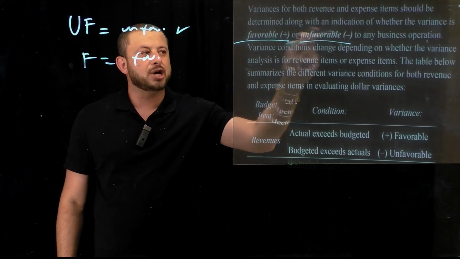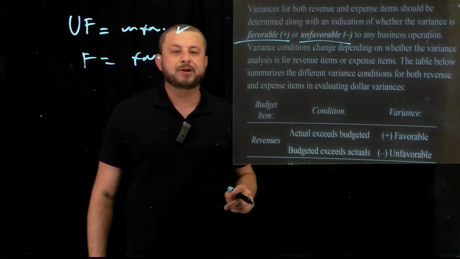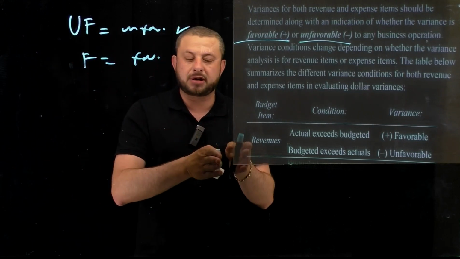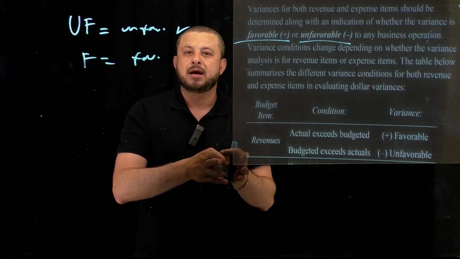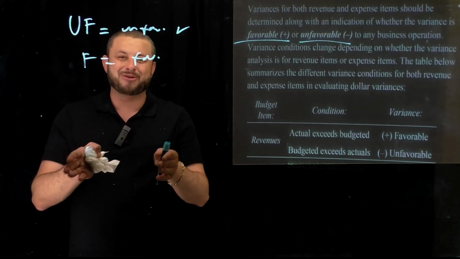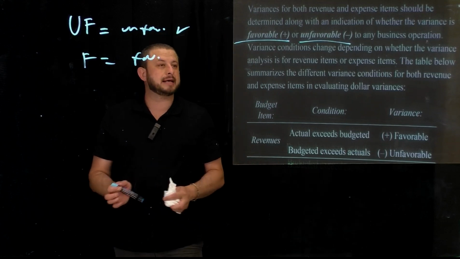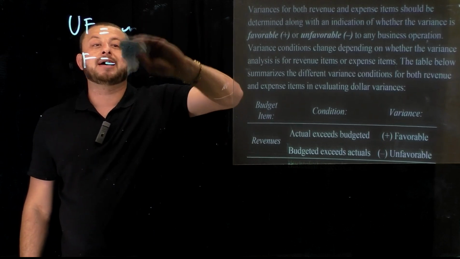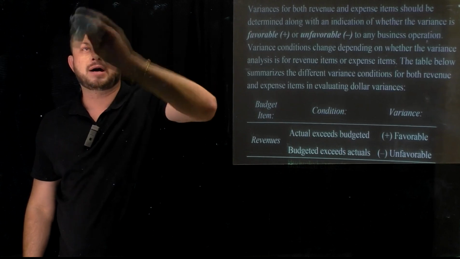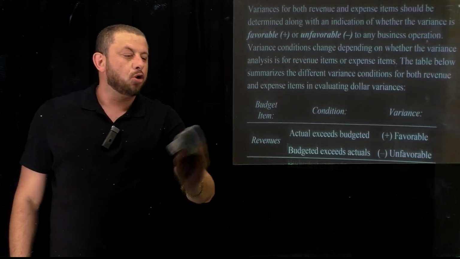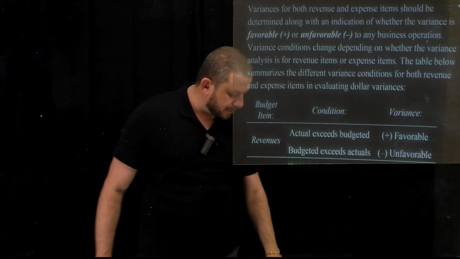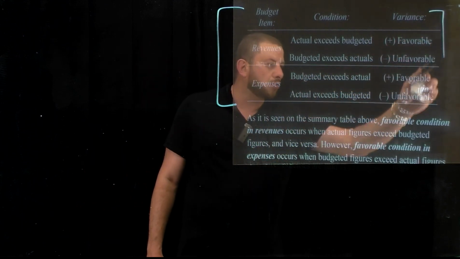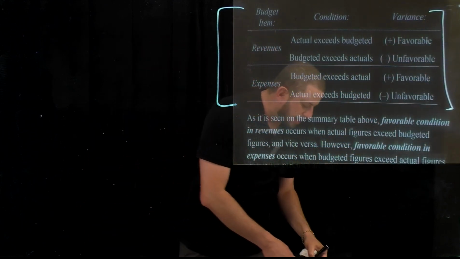We are going to come up with the judgment. Our interpretation will be based on, look, I have favorable revenue levels when I compare my budgets and the actual results, or I have unfavorable results when I compare my budgets with the actual results. In order for us to determine this, we have to follow a rule of thumb, guys, which is very, very, very important. Why? The entire operational judgment will be based on this little table right here. I call this the Bible for variance analysis, guys, okay? This is the Bible for variance analysis.